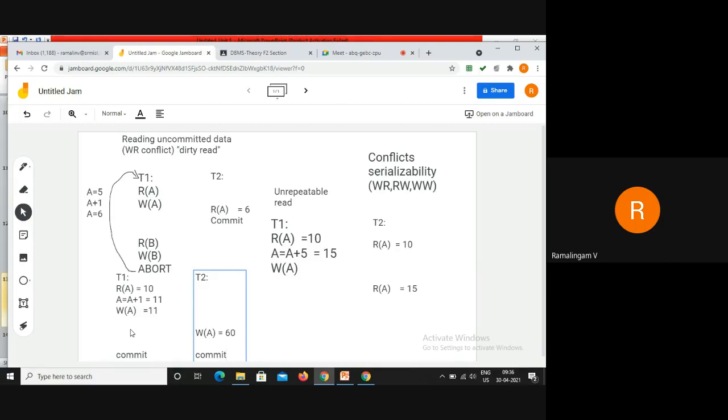So we have different types of conflict serializability. We can overcome those things by introducing concurrency control techniques. What concurrency control techniques are available? There are two types: one is locking, another one is timestamp based. What is meant by locking? Locking the transaction, so a lock-based protocol. We can use